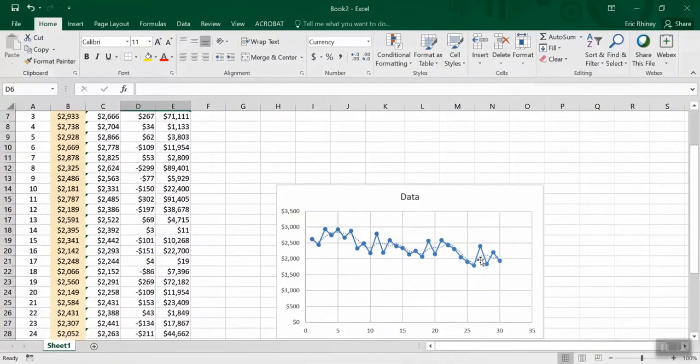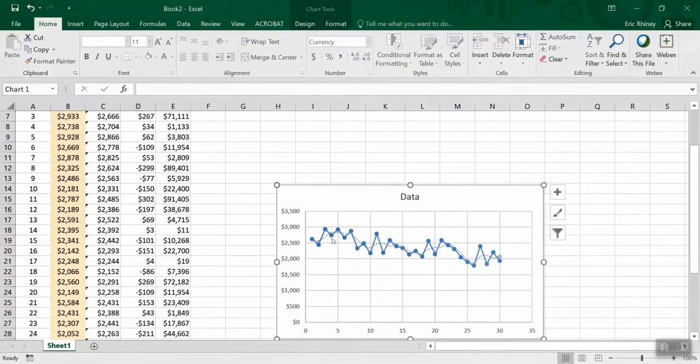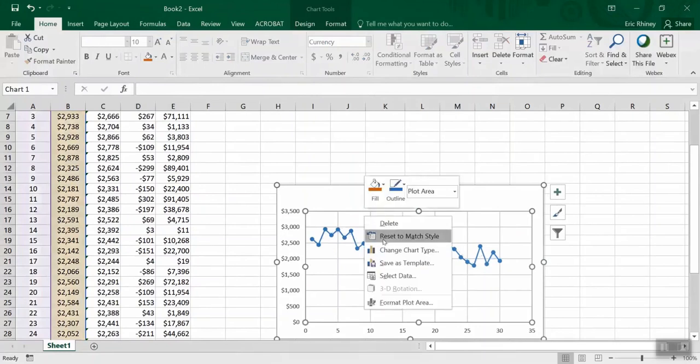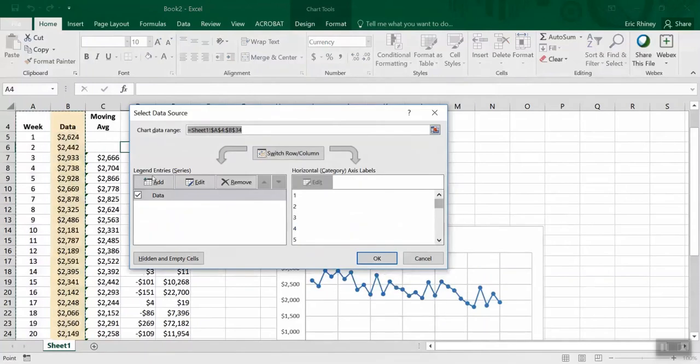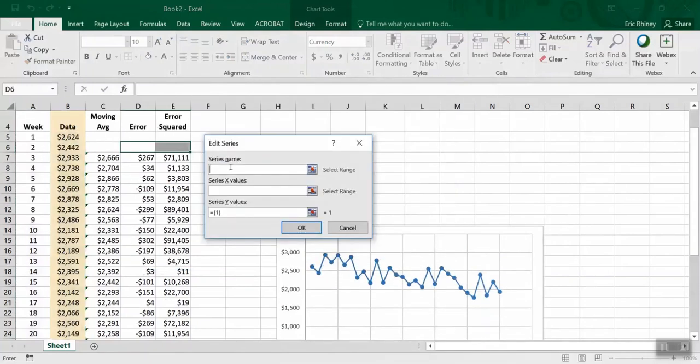We could see that the line here for our smoothing is, well, actually, let's take this out because this is not this line. This is actually the line that was added as a trend line. So I'm going to delete this trend line, and I am going to now add in another data point, a second data point. So I'm going to select data, I'm going to add data, and let's give this data a name, moving average. What are the values? We can start up here and go all the way down